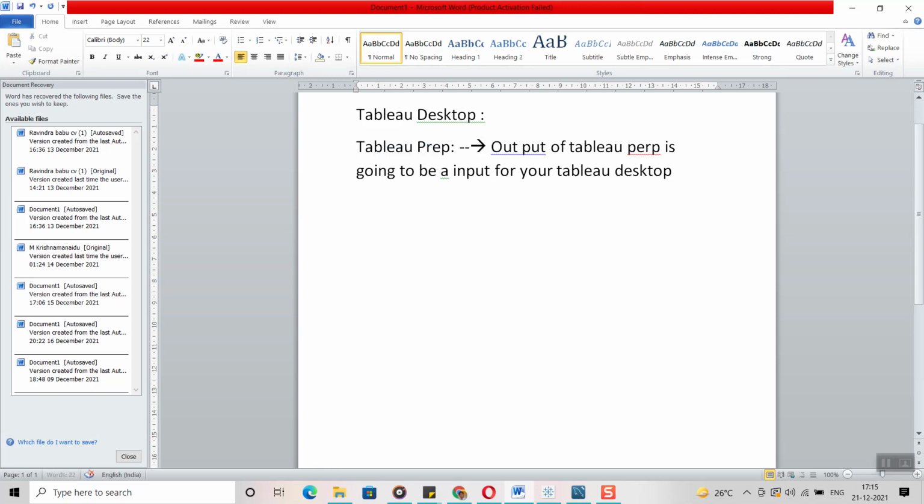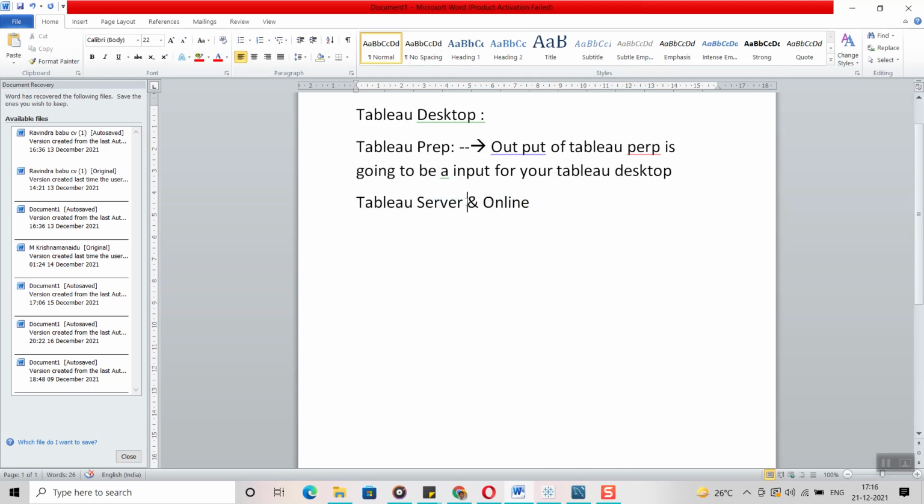Now we are going to see different products, Tableau Server and Tableau Online. Tableau Server is one application, and Tableau Online is a different product.